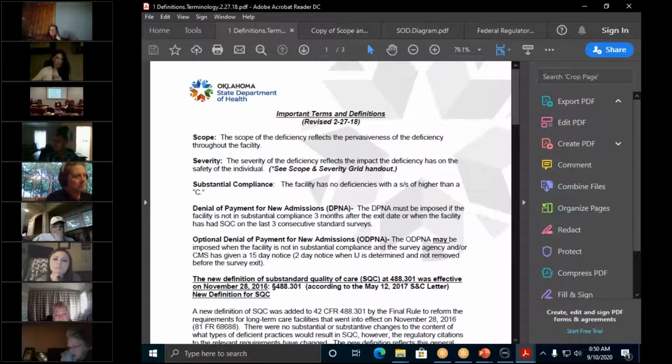And many times when it's G or above on the grid, you're going to have a 15-day. There may be some exceptions based on what the tag number is, but that'll be addressed in the letter. Okay, so